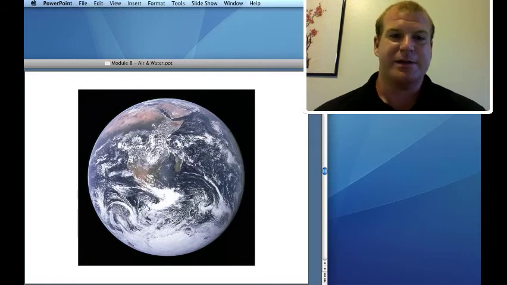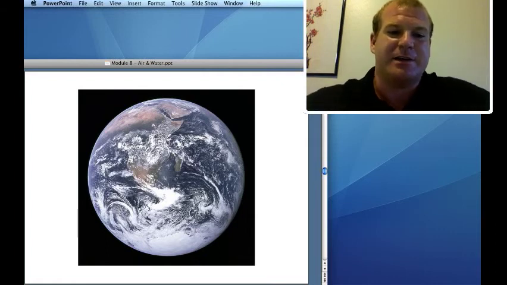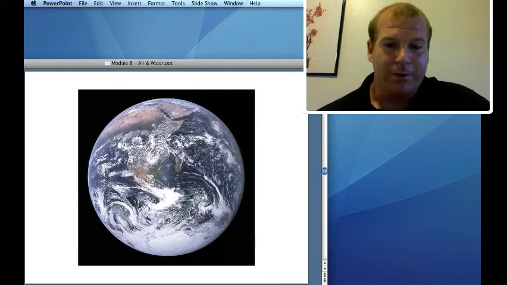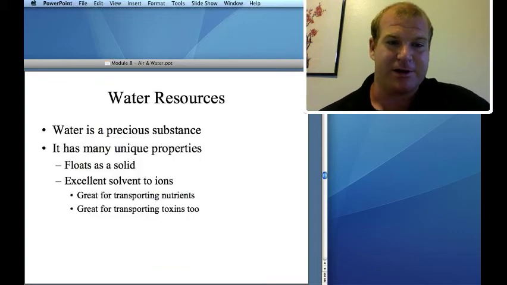And let's change topics, talking about the atmosphere. Let's look at the Earth. The nickname for the Earth is the blue planet. So that's our nickname. Why are we called the blue planet? Well, look at it. It's blue. And why is it blue? Well, because of water. The Earth is a unique place because of the large amount of liquid water on the surface.